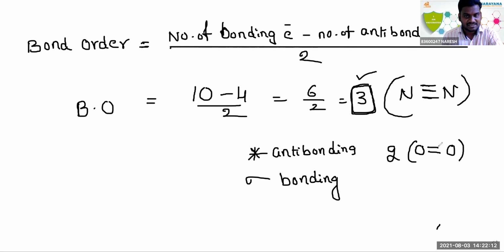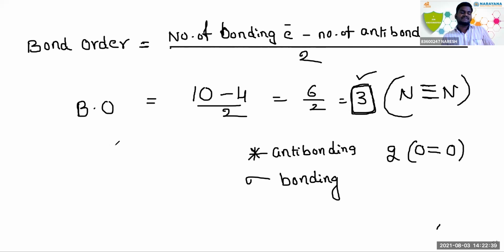Very good. Take it on this. Those who have not completed it, first make the diagram. A proper energy level diagram we have to make. In that, symmetrical and unsymmetrical only is a bit confusing. Remaining is nothing; directly you can fill the electrons. After completion of that energy level diagram, then come to the bond order. By using this formula, you can find it.